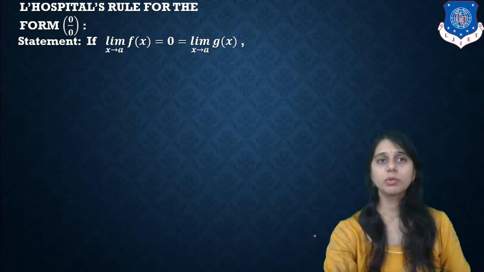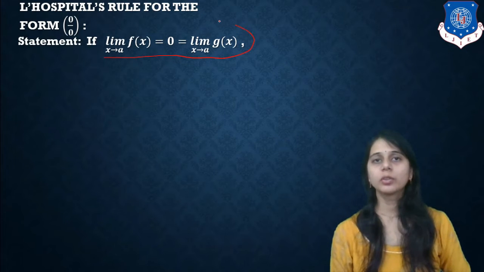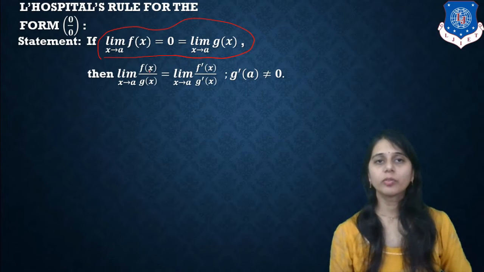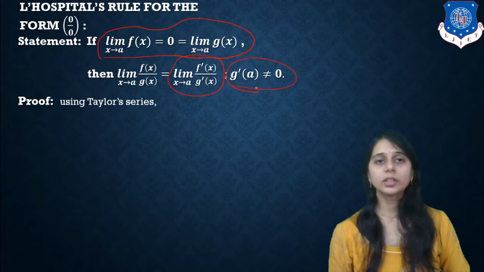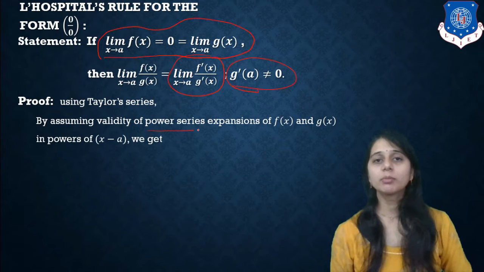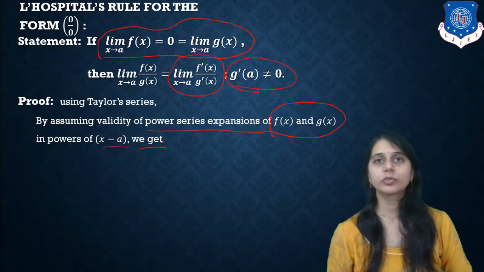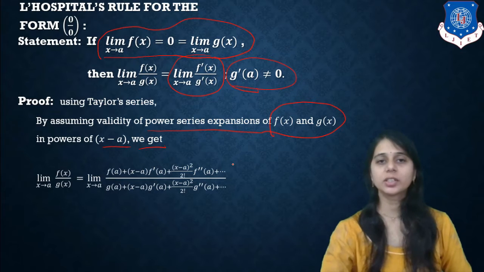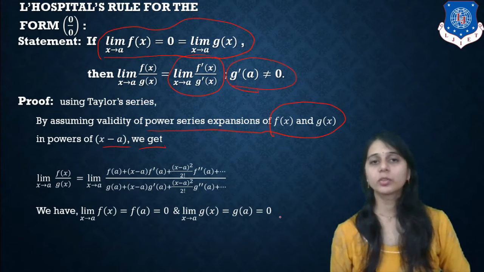L'Hospital's rule for the form 0 by 0: if the functions f of x and g of x, with limit x tends to a of f of x equal to 0 equal to limit x tends to a of g of x, then limit x tends to a f of x upon g of x equals f dash x upon g dash x, where g dash a does not equal 0. Using Taylor series, we assume the validity of the power expansion of f of x and g of x in powers of x minus a. Since f of a equals 0 and g of a equals 0,